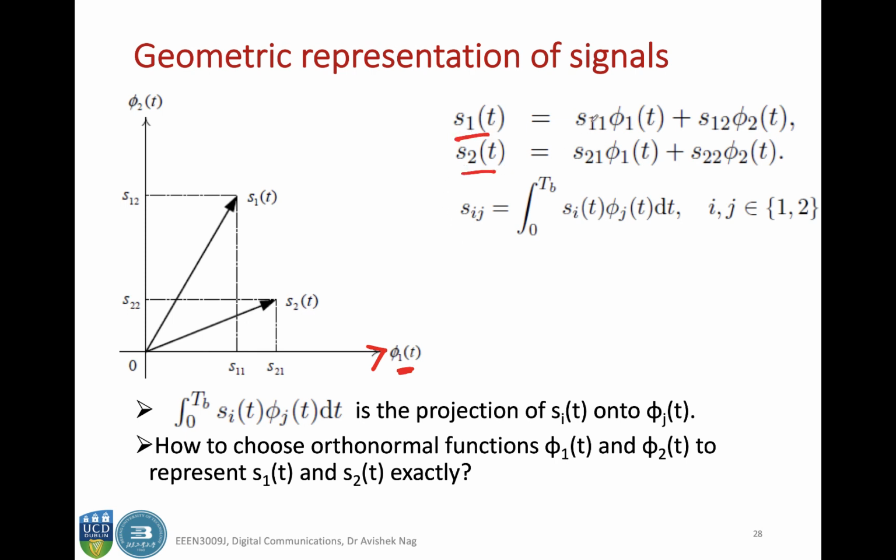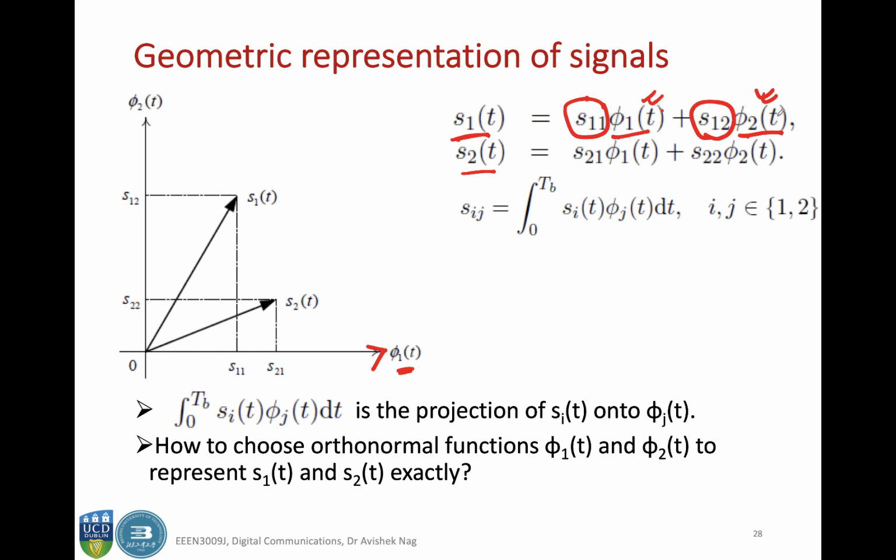So you are just representing them as some scalar multiplied by phi1(t) plus some scalar multiplied by phi2(t). This is a time function, this is a time function, this is a scalar, this is a scalar. So the entire expression is still a time function, but we are